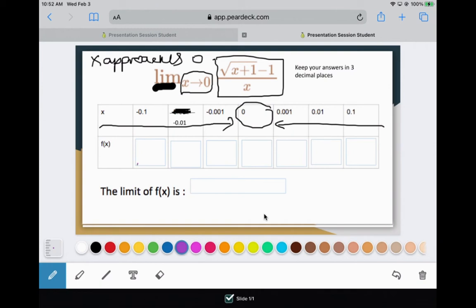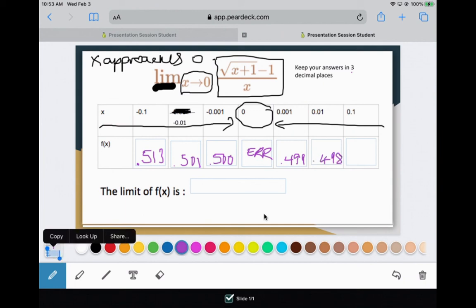In calculus, we always want 3 decimal places, so be careful with that. It's going to be 0.513, 0.501. So these are the values that I got from using my calculator, so I'm just going to fill that in. At negative 0.001 it is 0.500. Over here it says error. So if it's an error, I will put down error. Okay. 0.499, 0.498,